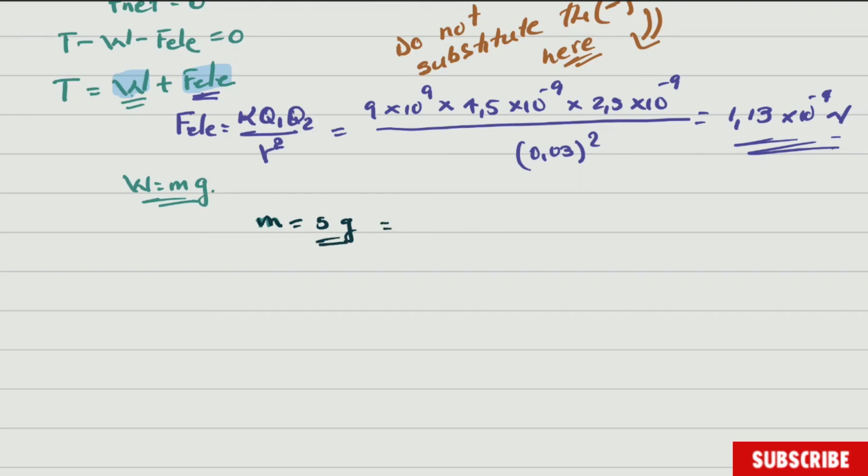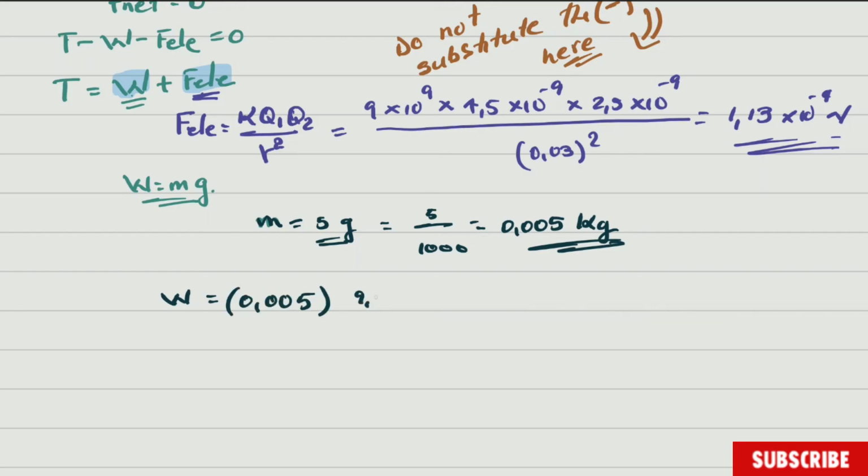So the mass we're going to work with is 5 divided by 1000, and that is going to be equal to 0,005 kilograms. Remember, we work in kilograms. All right, so now we can calculate weight. If you want, you can calculate it here. It's 0,005 multiplied by 9,8. Okay, and then you will get